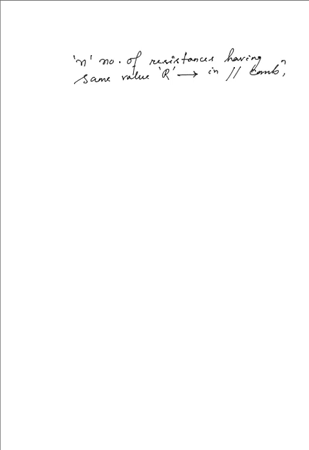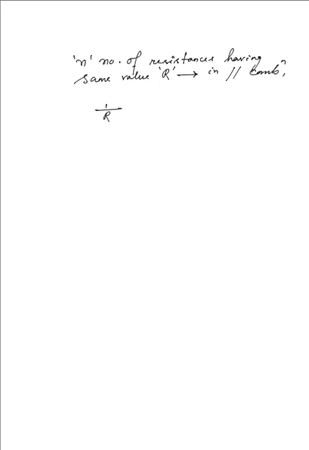In case of parallel combination, if n number of resistances having the same value R are to be connected in parallel combination, what we have in that case is that